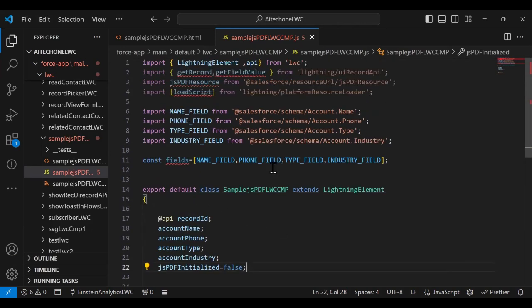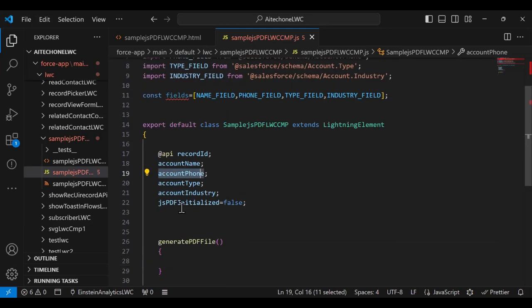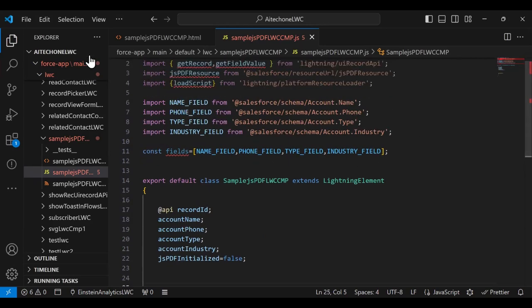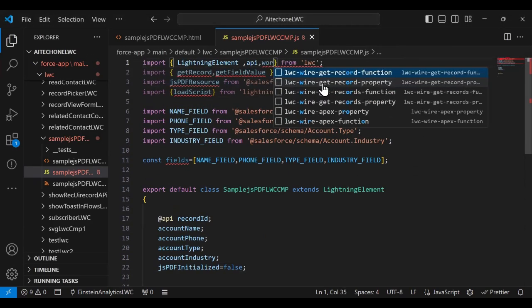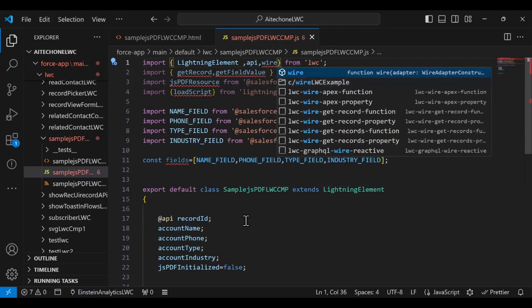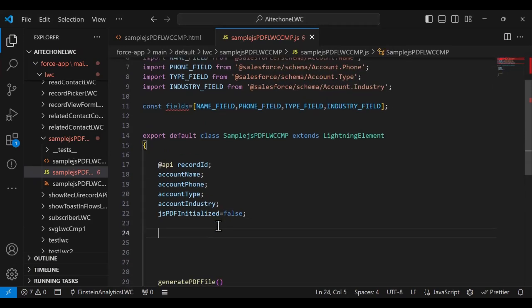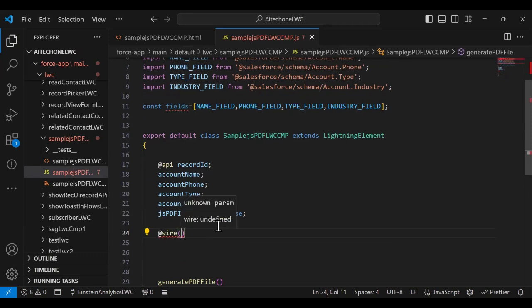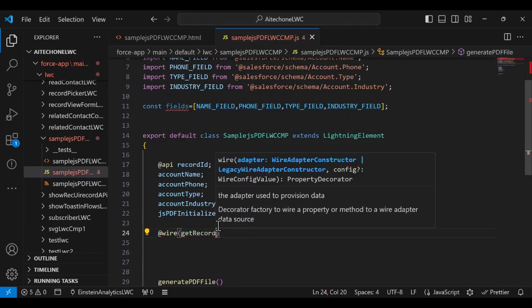Now, in order to fetch the data from the object and store the records into accountName and accountPhone based on the recordId, I'm going to take help of the wire decorator. So I define here the wire decorator, and I'm going to use the wire adapter in order to fetch the data from an object by using UI record API. So I write here @wire getRecord, comma,